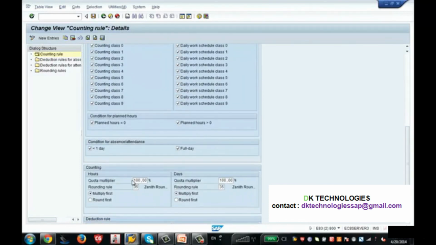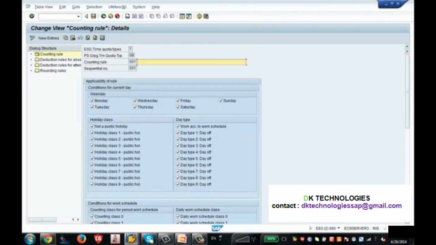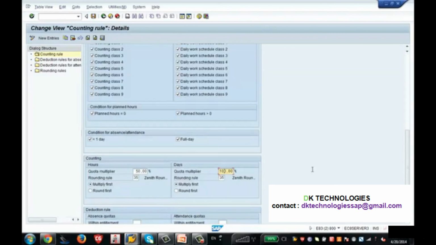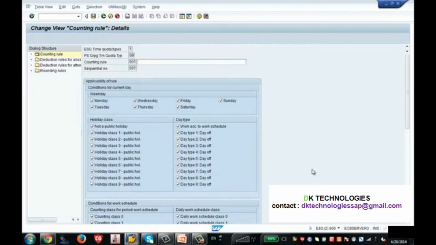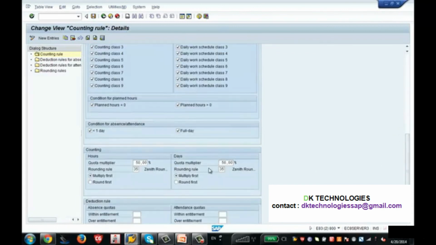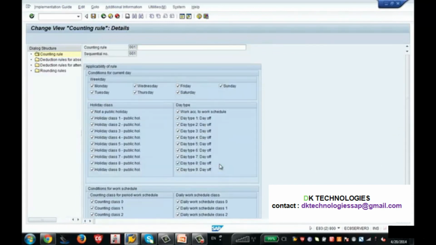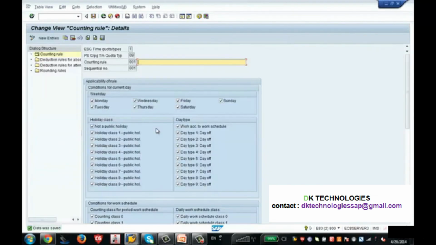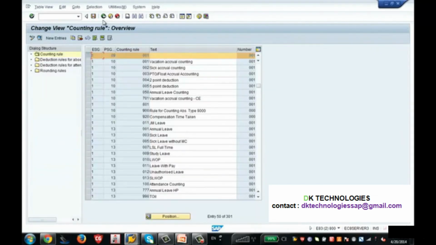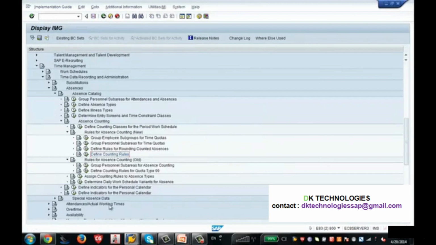I'll put 50%, sorry, 50% here and 50% here. So I'm giving 50%. I'm saving this counting rule. This counting rule is already assigned to the absence type, so you don't have to worry about that.